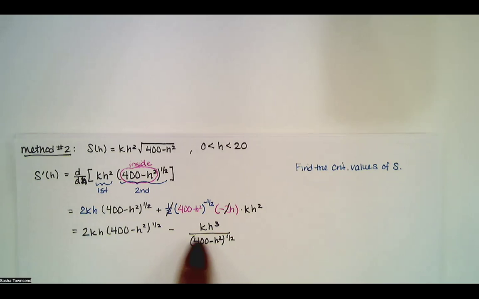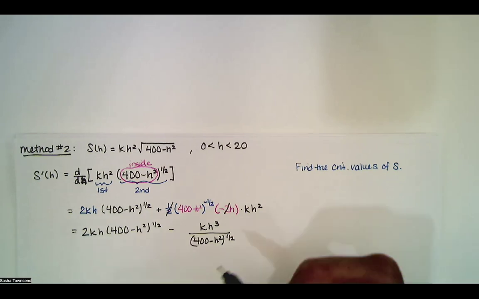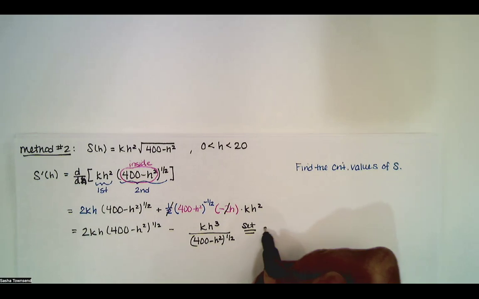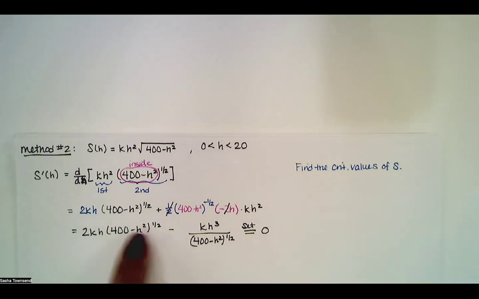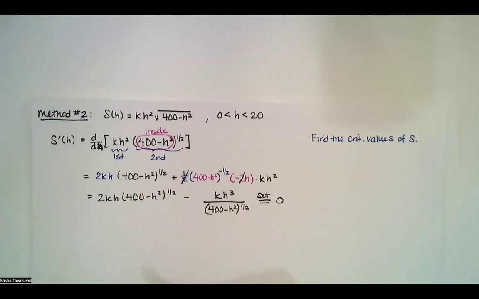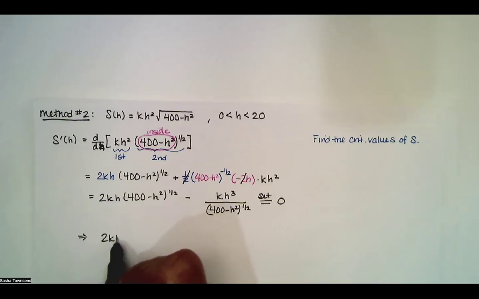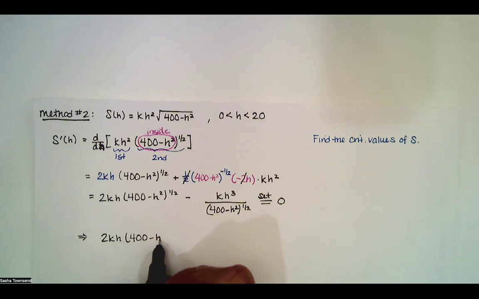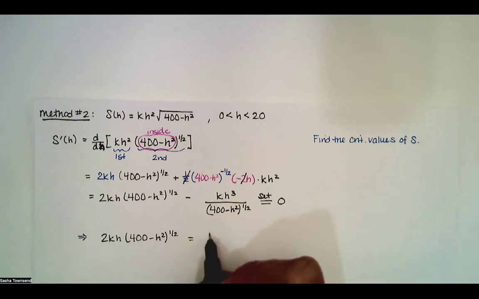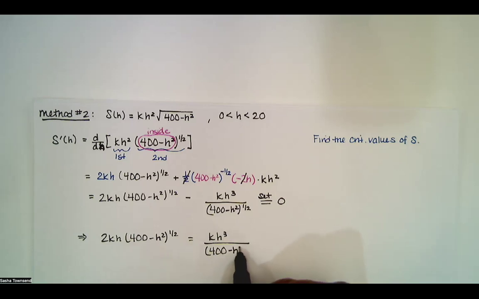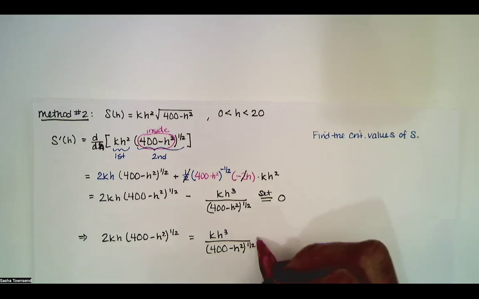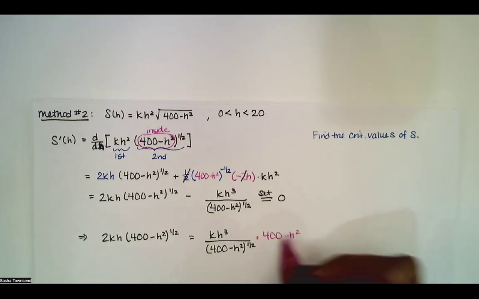Now, we want this derivative to be equal to 0. So in order to do that, we can get a common denominator and then factor it. Or, I didn't think of this last time, I've got this minus this equals 0. I could just set this equal to that expression and solve for h. So we have 2kh times 400 minus h squared to the 1/2 equals kh cubed times the quantity 400 minus h squared to the 1/2. Now, if I multiply both sides by this 400 minus h squared to the 1/2,